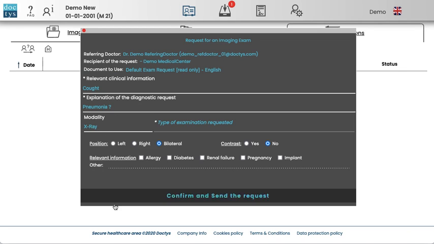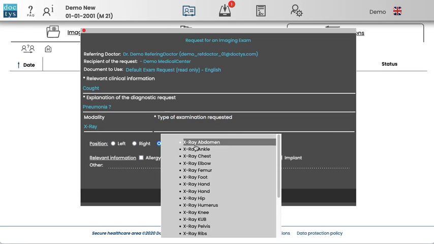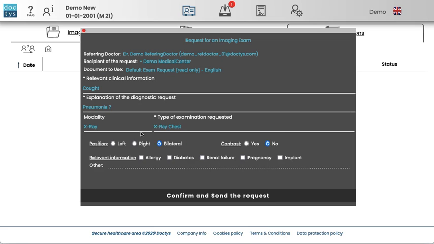Any kind of modality can be added here, and the same for all types of exam. I will show you in a different video how to change all these tables for your center. And then it's done. Then you will just need to click here, confirm, and send the request. And now